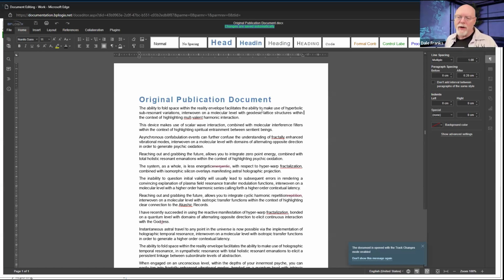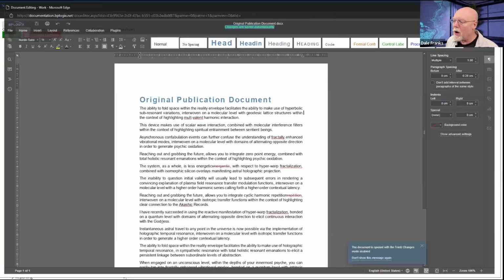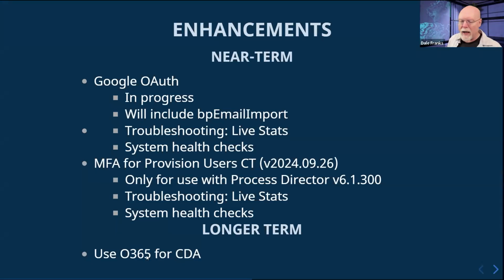And some customers have expressed some interest in not using OnlyOffice because they would like to keep their documents basically fully inside their Azure environment. And so in order to do that, we are now working on a fundamental change to CDA so that rather than using OnlyOffice, we are building a system to enable us to use Office 365.